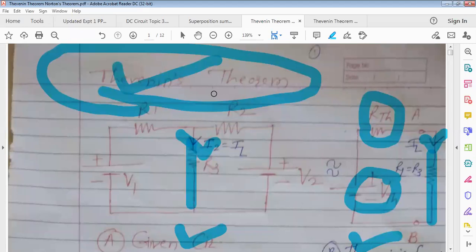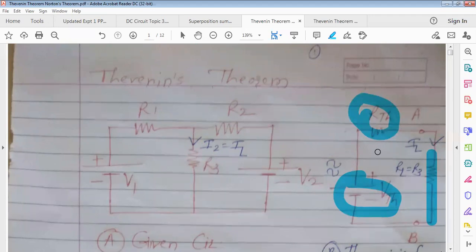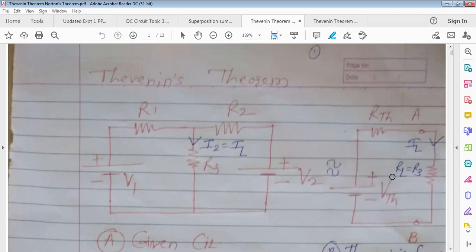This scientist has stated such a theorem so that you will find out VTH, you will find out RTH. Some specific method is there, that one you have to follow. Using that method or using those steps, whenever you calculate VTH and RTH, here I have shown the equivalent circuit sign. So in both the circuits, in circuit A and B, the load current value is the same. The load resistance value is the same, and through this load resistance, the same current is flowing. Okay, so how to find out VTH, how to find out RTH, that is Thevenin's theorem, and that we are going to see.